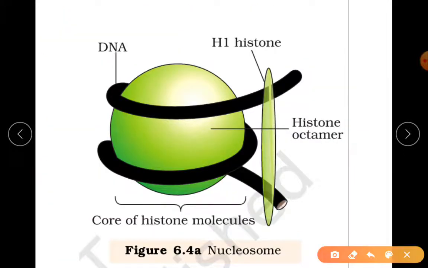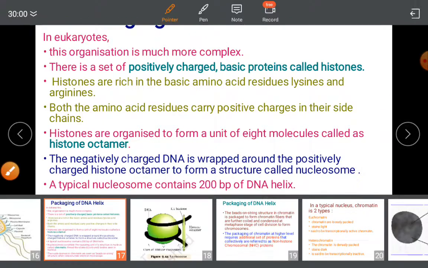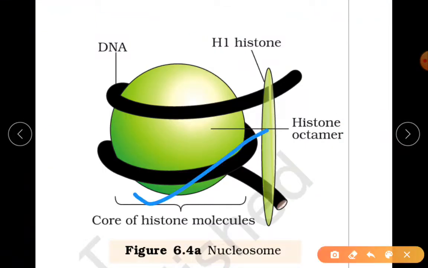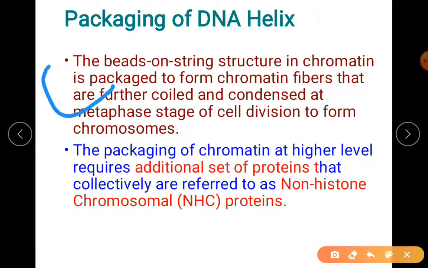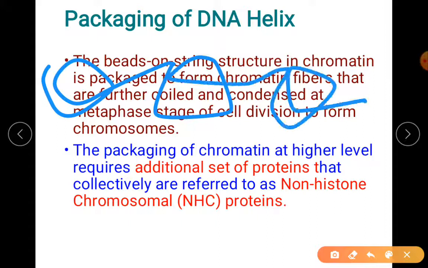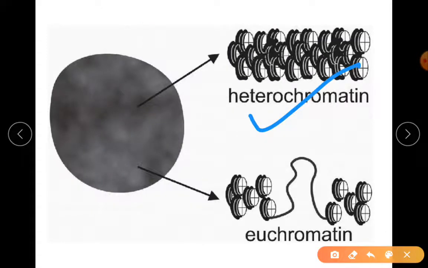So this is again your 2-mark question. Please remember, it is a 2-mark question. If it is 5 marks, please explain this as well as this diagram for 5 marks. Okay. So I hope it is clear. Remember, this is the first level, right? Now, this will again fold. You can see the folding here. This is the second folding. DNA has already folded around the octamer. The second folding is where the nucleosome, along with the DNA, is getting coiled.